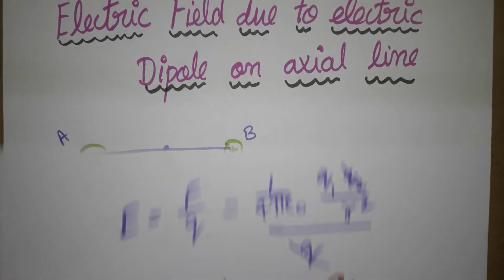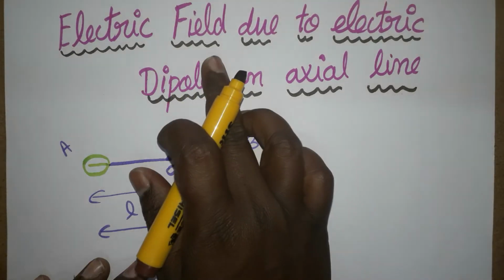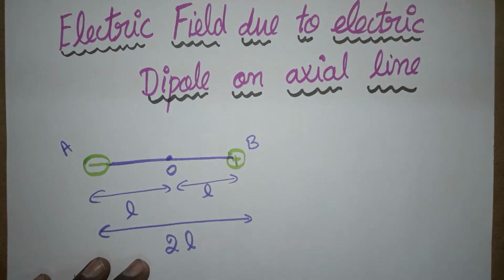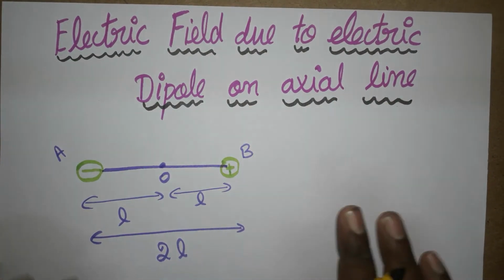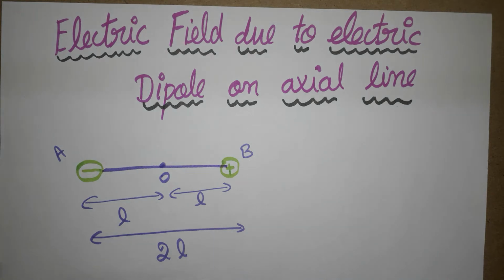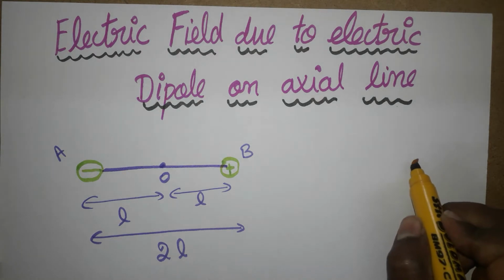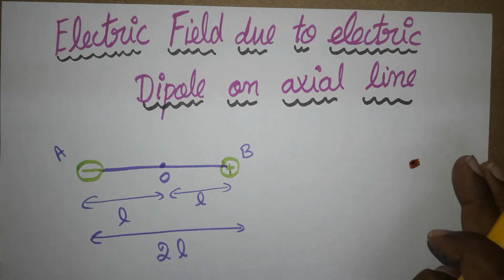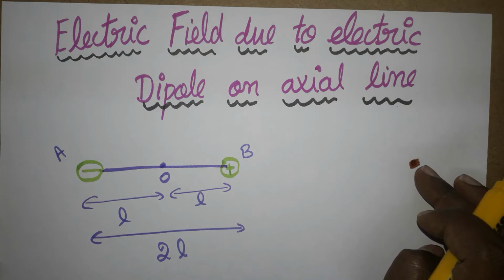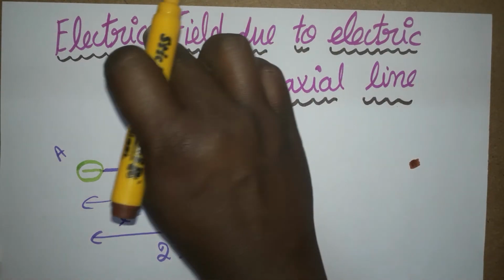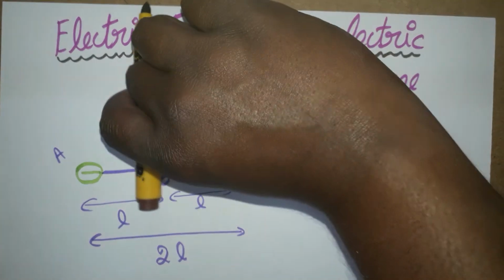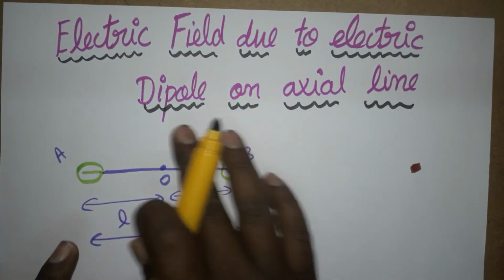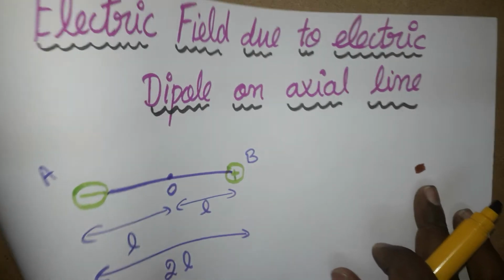So now we know the electric field formula and what an electric dipole is. Now we are going to learn the electric field due to the electric dipole at an axial line. There are two kinds of points: one is the axial line, another is the equatorial line. The axial line means the point you can take here, end on, on the side. If you take the point perpendicular to the dipole, that is the equatorial line. This point is on the axial line, this point is on the equatorial line. Now, for the axial line, here only I want the electric field.